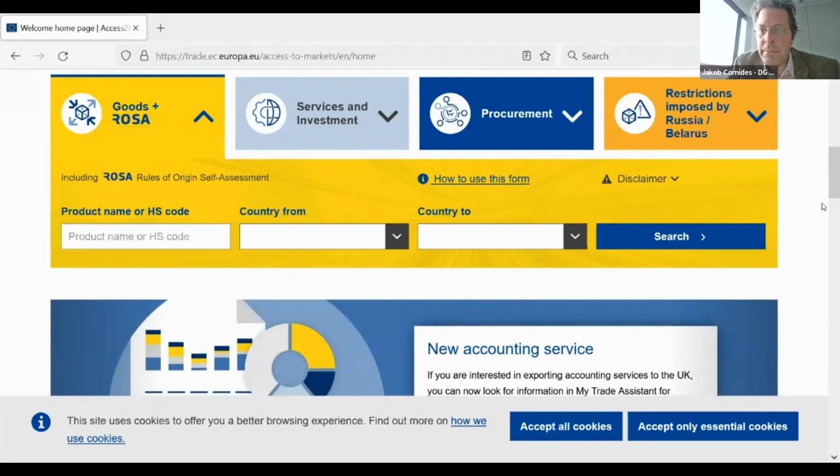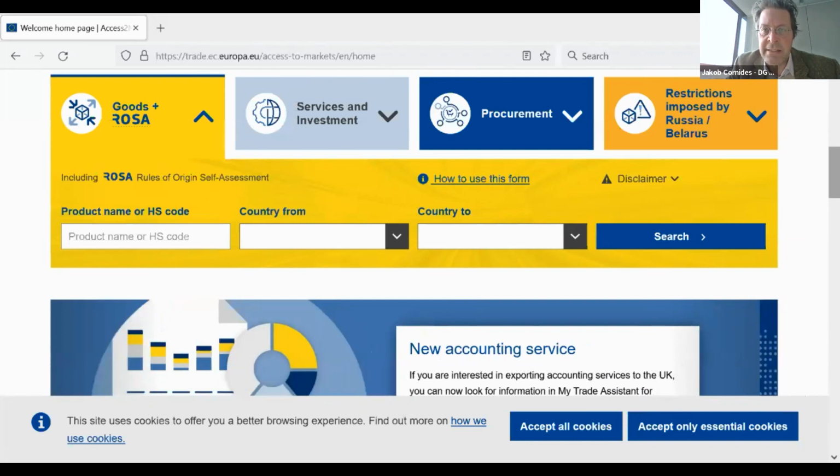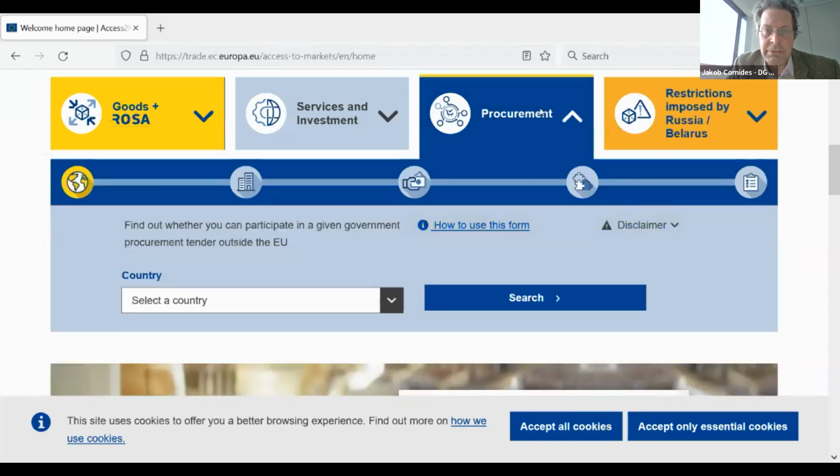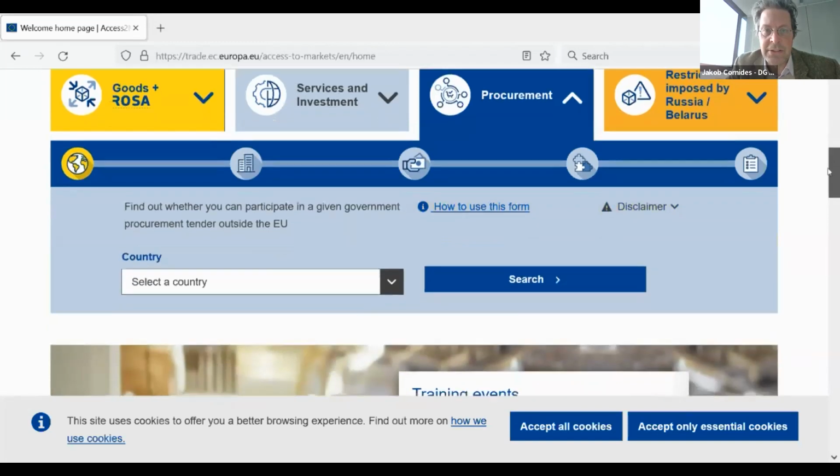So I am giving you a short demonstration of another module of Access to Markets, which is called Access to Procurement. You find it here on this third page.